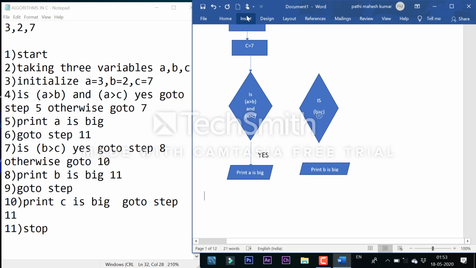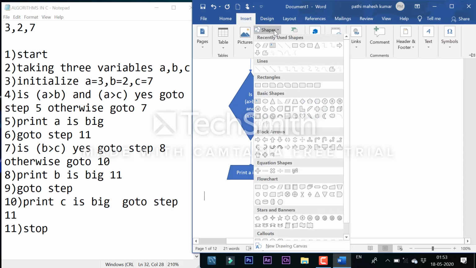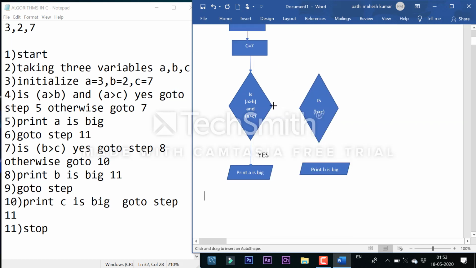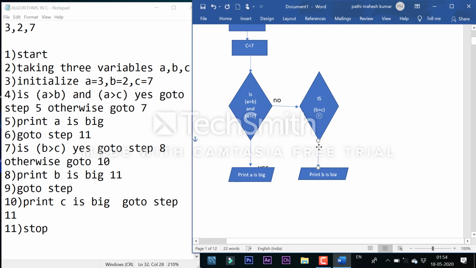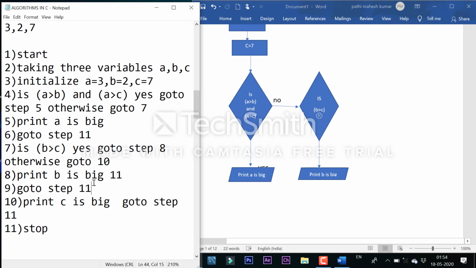I am inserting the control flows. If it is no, it will go to the condition B greater than C, and if that fails, then it will go directly to print C. Print C. Go to step 11.